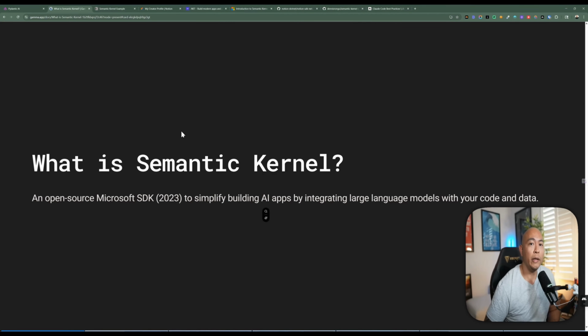So first, what is Semantic Kernel? It's an open source SDK from Microsoft that was first released in early 2023. And the whole point of it is to make it easier to build apps that combine large language models with your own code and your own data. So instead of stitching everything together by hand, Semantic Kernel gives you a framework to organize prompts, run functions, and